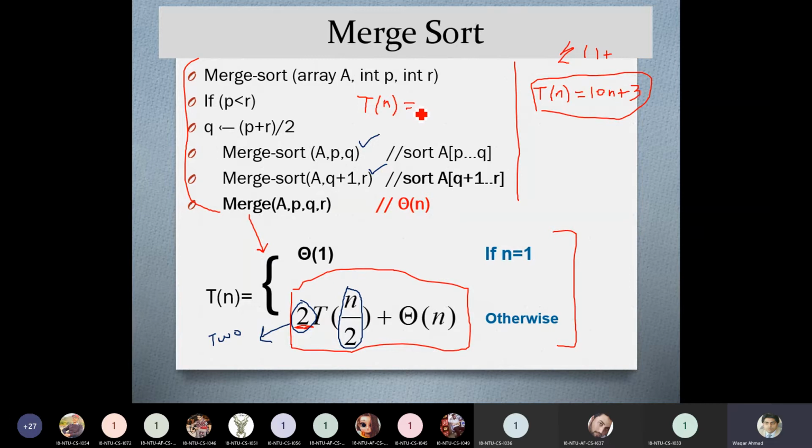There is some algorithm with a recursive equation like this. T of n is equal to 4 T of n over 4, plus theta of n square.